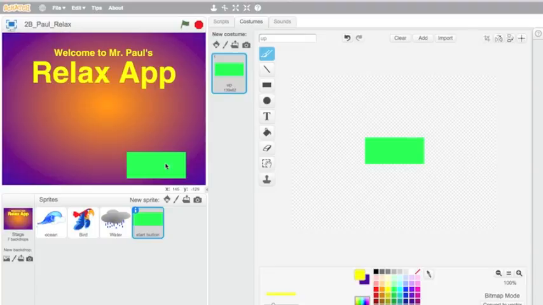Alright, welcome to the Relax app tutorial, everyone. To speed things up, I already have my sprites and the beginning of a button sprite. The goal of this button sprite is to make it look like it's being pressed down when someone clicks on it. So let's begin. As you can see, we have a costume called Up, but we're going to add some